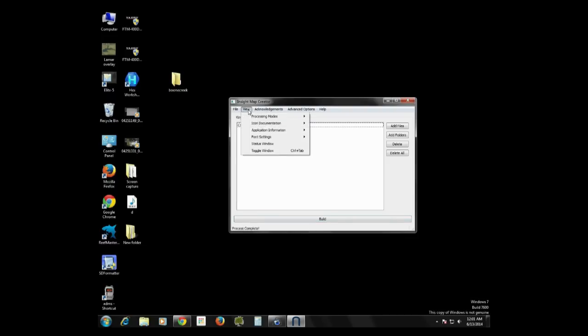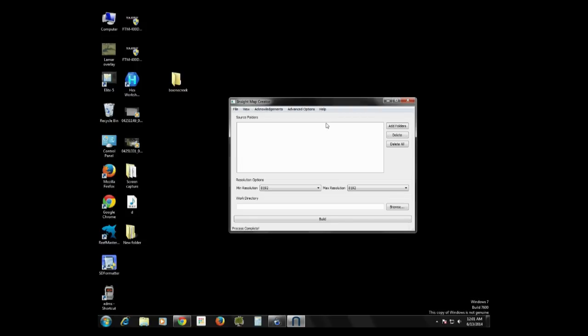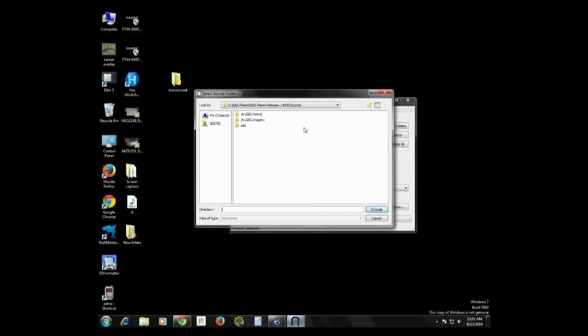So now we're going to click on view, and we're going to change the processing mode now to raster mode. And we need to pick where our source folder is at. In other words, we need to tell Insight Map Creator where the tiles are located. So we're going to click Add Folders, and you want to go to wherever your sas.planet is. Mine's in my C directory, so I'm going to click on there, and then I'm going to click on Cache,